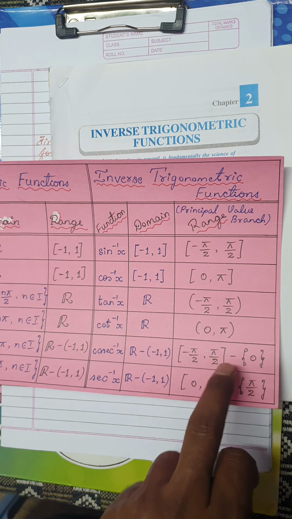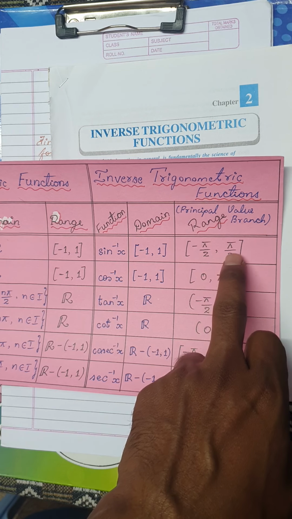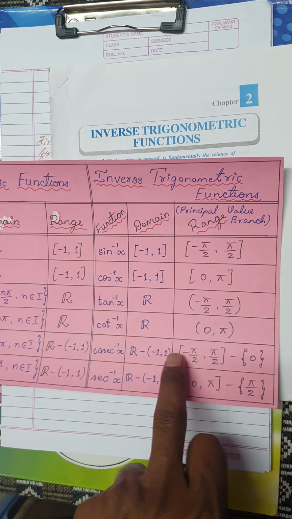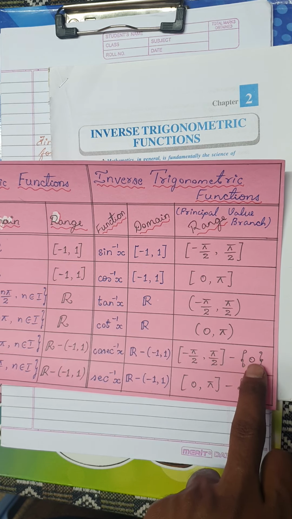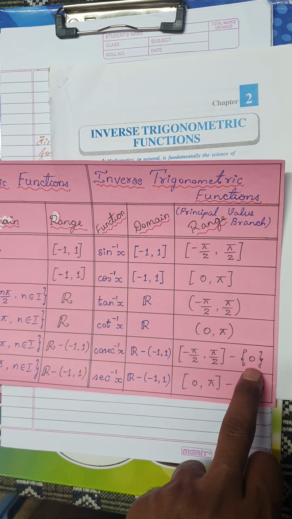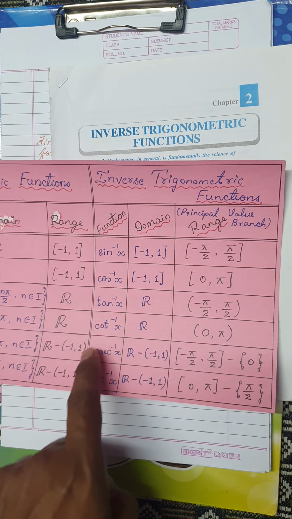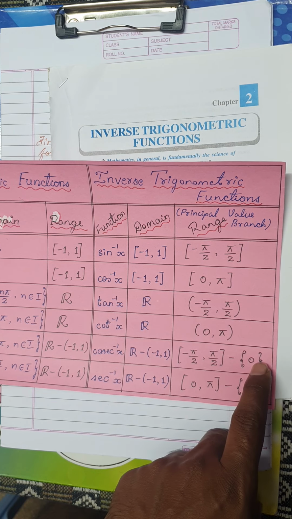Now coming to the range part, cosecant inverse x follows sine, so the range is minus 90 to plus 90. So take the entire range, but the in-between value of 0 is removed, because if you put 0, this function would not be defined, as 1 by 0 would be infinity. That is the case, we are just taking it out.